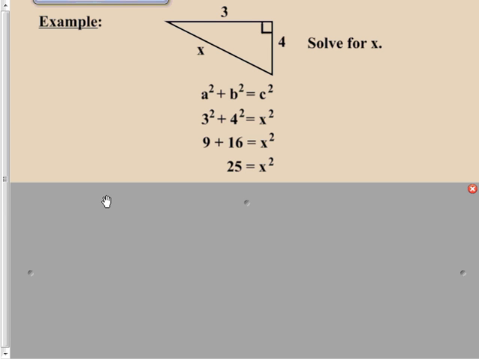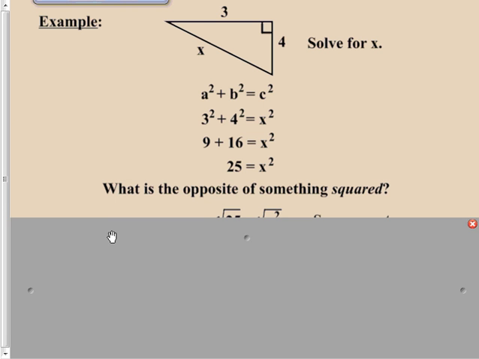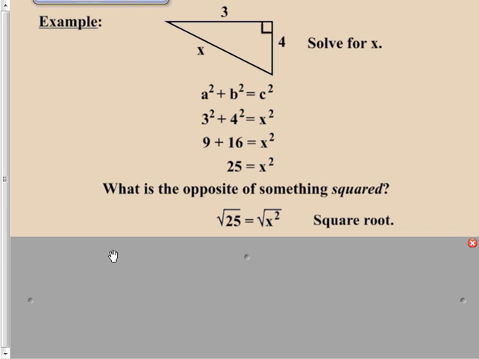Okay, so the question becomes, how do you get the x off, or the squared off of the x so that x can be isolated? Well, just like any other thing, in order to move something from one side of the equal sign to the other, you have to do the opposite of what is being done. So the question is, what is the opposite of something being squared? And the answer to that is to take the square root. So we're going to take the square root of both sides of the equal sign,